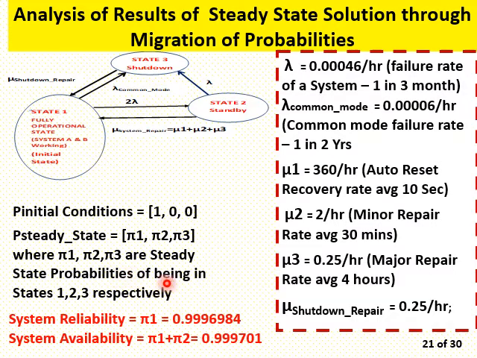So at steady state, we have the system reliability, the probability of being in state 1, and system availability, the probability of being in state 1 and state 2. So that is how you explain these values here. Very high values, as you see, because the failure rates are very low and the recovery rates are very fast. In this way, we analyze